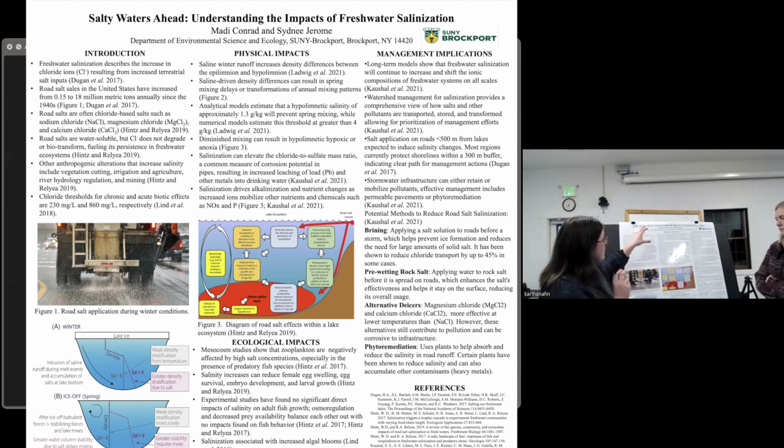So some of the things that salinity can do when the salinity of our water is increased is we can have a lack of mixing in our waters. So most of our local lakes are dimictic, but they can transition to being meromictic or monomictic, meaning they're only going to mix in the fall. So essentially, salty water is more dense. It's going to sink to the bottom. And then if that resistance is too big, it's not going to be able to mix in our spring turnover. So this can cause the development of hypoxic or anoxic conditions, which is dissolved oxygen of 2 milligrams per liter or less. And that can influence biotic organisms quite negatively.